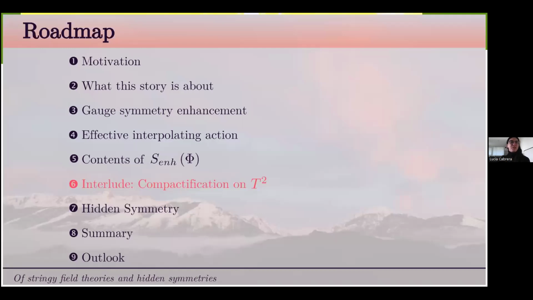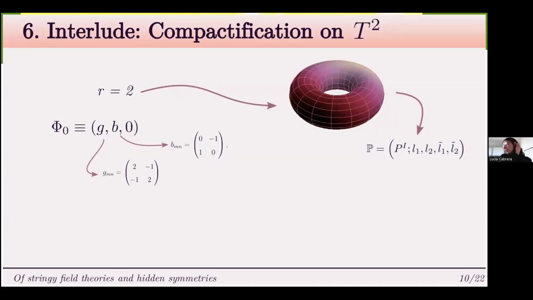So let us now move on to a little bit of an example where we apply this action. We will have a look at a compactification on a two torus. So we're compactifying two dimensions. This means that we will have a pair of Kaluza-Klein momenta and a pair of winding numbers. But since we also said that we not only care about topology, we will choose a very specific moduli point. So our G will be the Cartan matrix for SU3, similarly with B, and we will be taking 0 Wilson